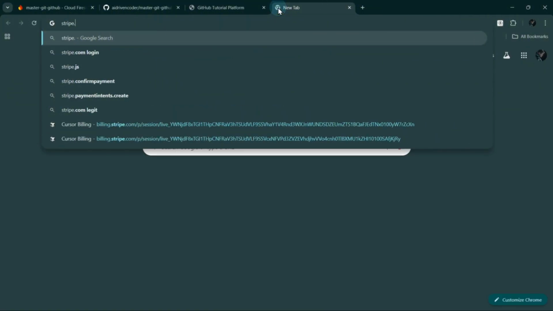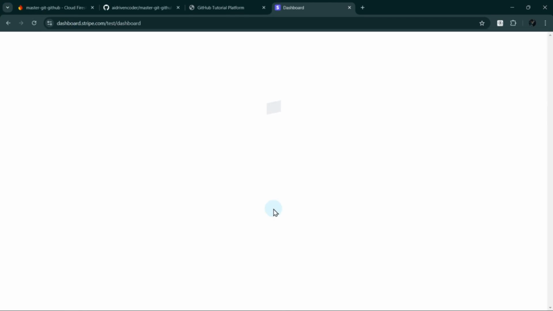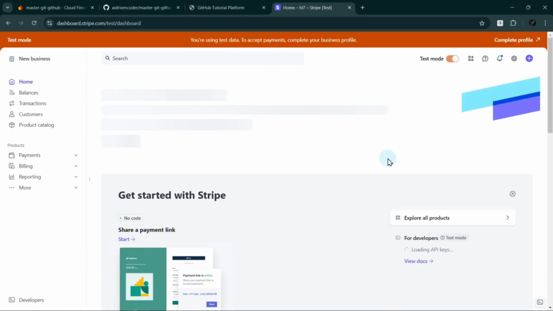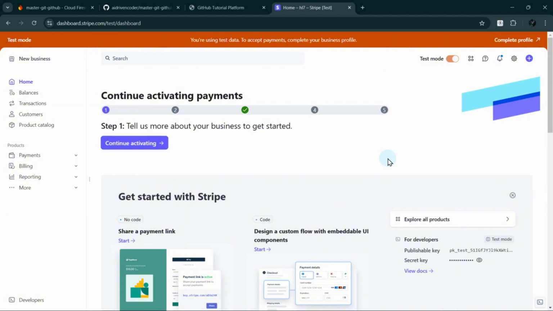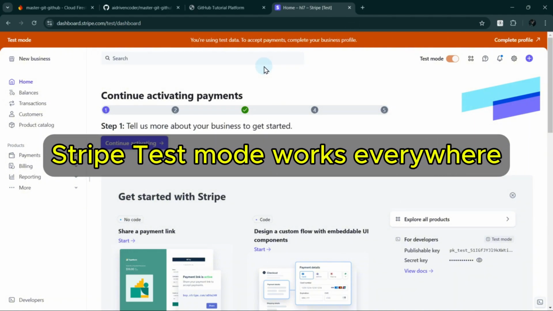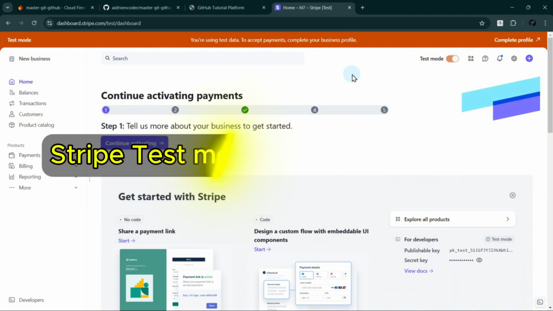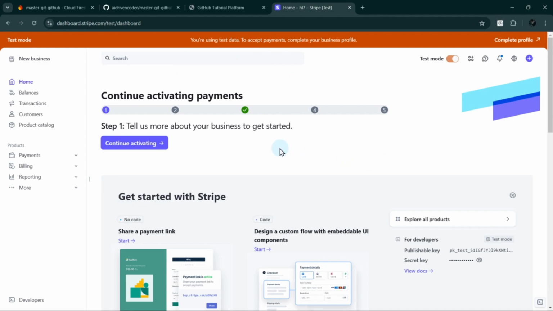I'm going to stripe.com. I will sign in. Okay, since I'm from the Philippines, I don't have a real seller account for Stripe. Unfortunately, Stripe doesn't support Philippine-based accounts for selling at this point. But it's okay since I'm not going to launch this for real, at least for now. So the good thing is Stripe allows me to develop in test mode.